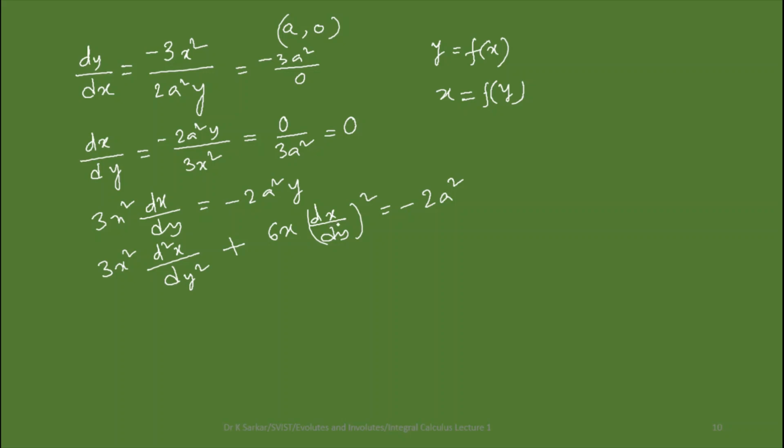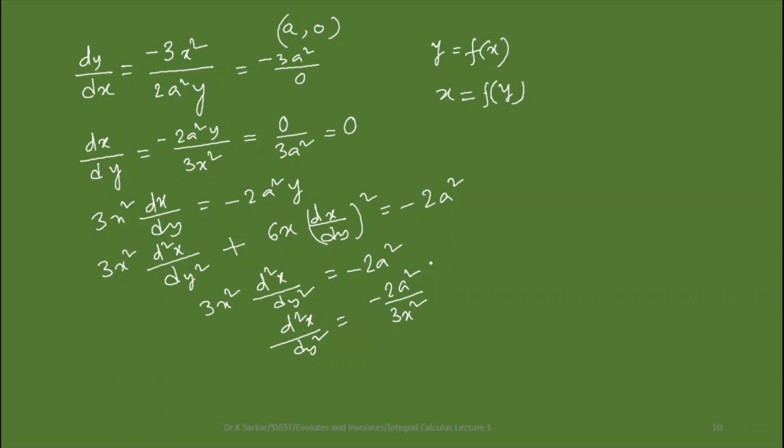Now let us put dx/dy as 0. Then we will have 3x square d2x/dy2 as minus 2a square,